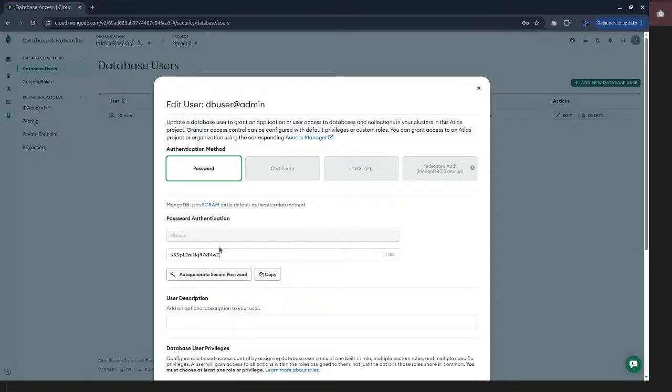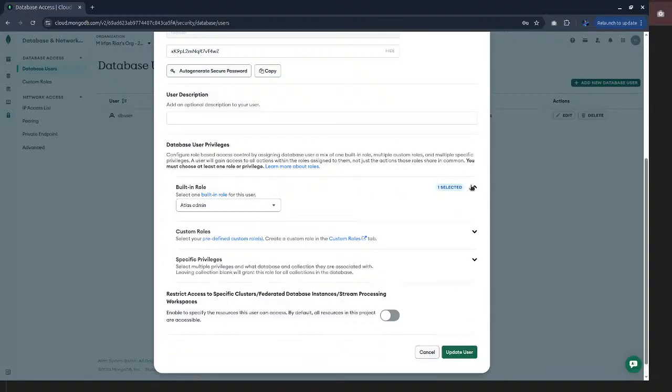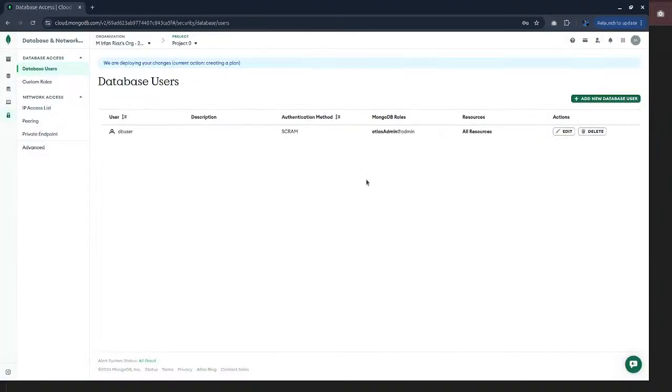Okay, let's replace this with a strong one. Custom built-in role, no, we don't need it. Add a description, password, update user. It's good to go.